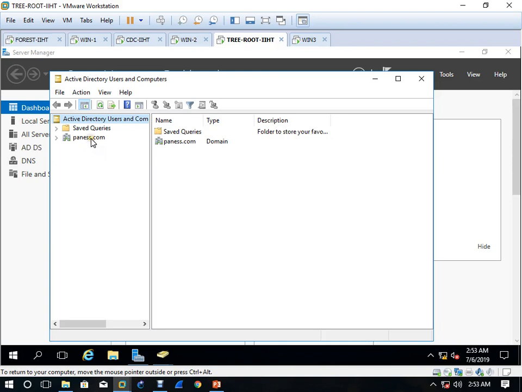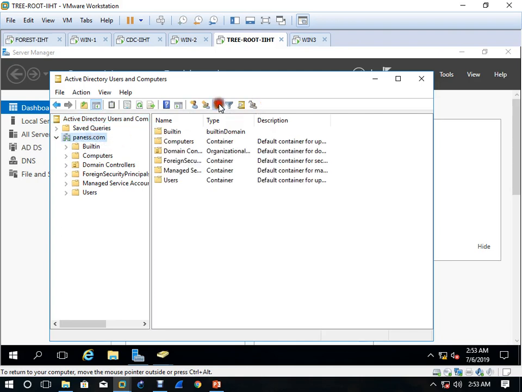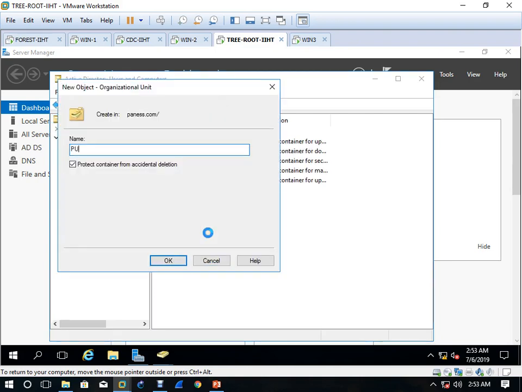Now see, you can see it's panas.com, right? And here also, if you want, you can create one OU like POU.